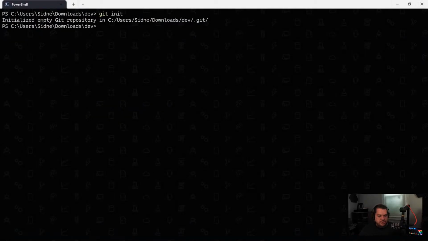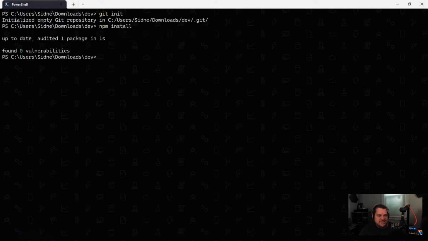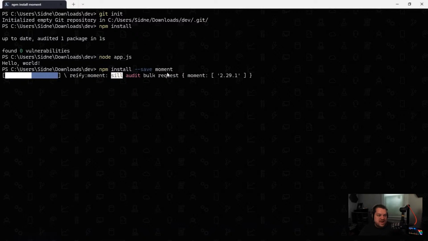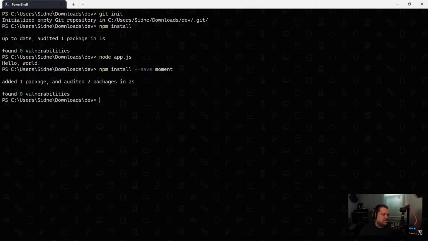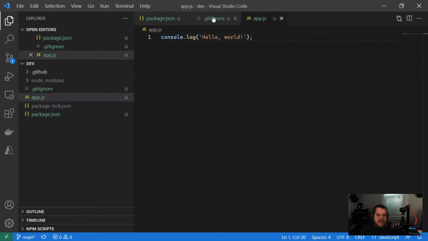Let's go to Windows Terminal, npm install. I don't think I put any packages in here, so this is going to do nothing. Node app.js was a reflex, so this is as simple as a project gets, right? The reality here, though, is that I have a very basic project. Maybe I will npm install --save, I don't know, moment. So I have a package in here, we have the moment package. Wonderful. We have our application